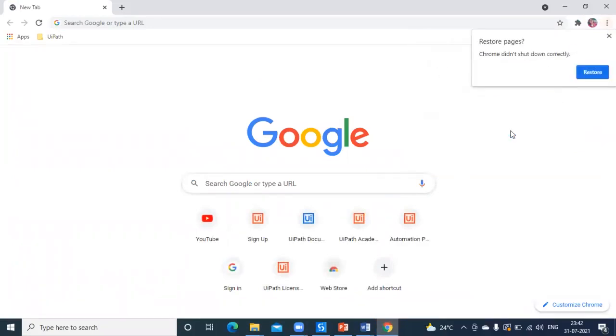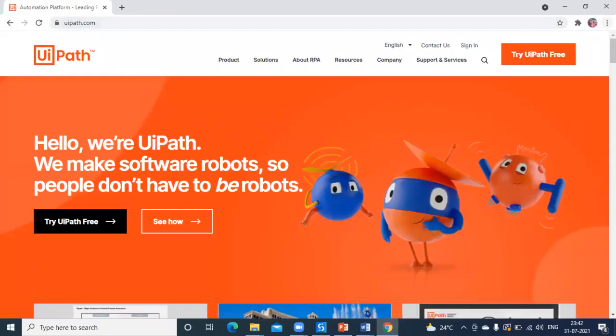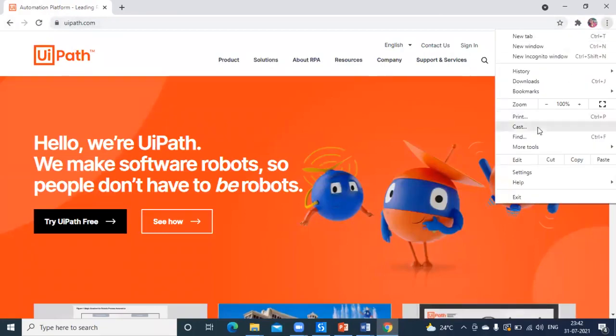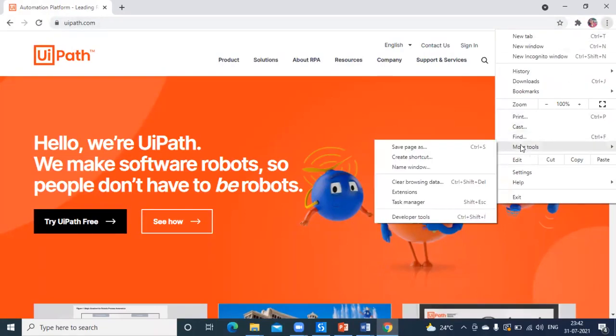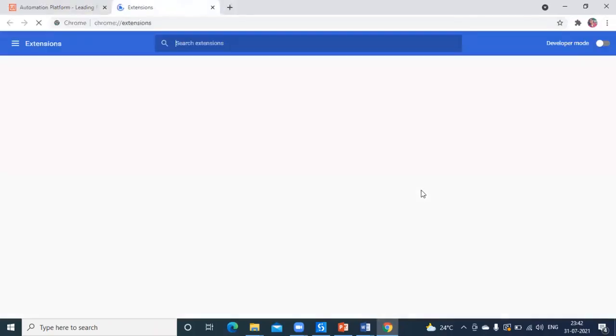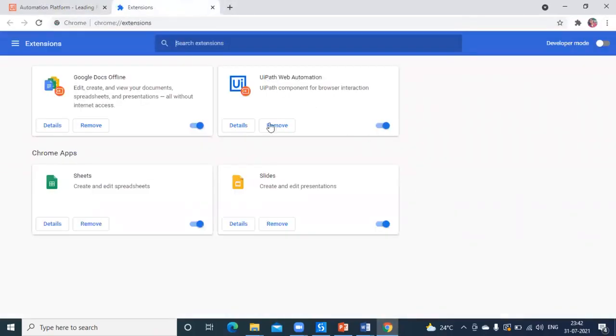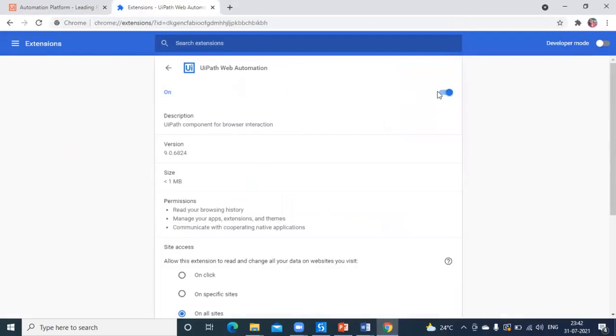Just click on Enable Extension. If you don't get this pop-up, let's see how you can enable it. If you go to More Settings, then More Tools and the Extensions option, you will be able to see the UiPath Web Automation extension. Click on Details and this is where you can enable or disable this particular extension.